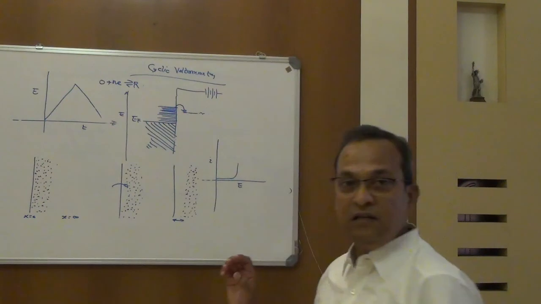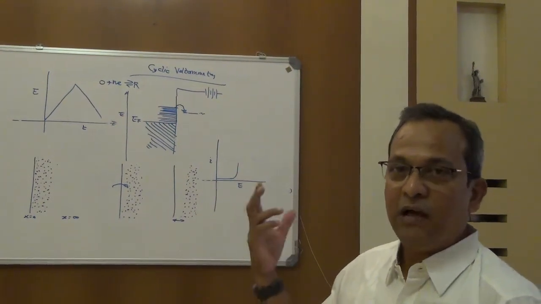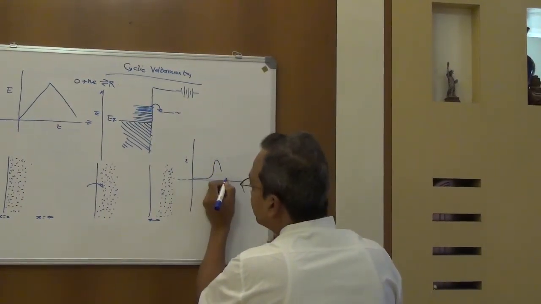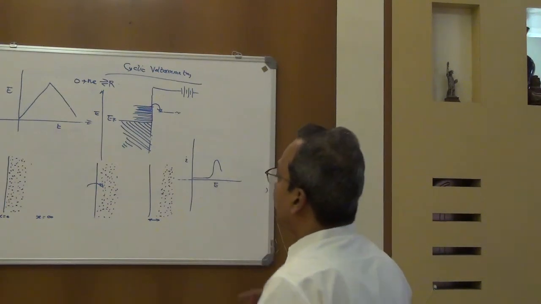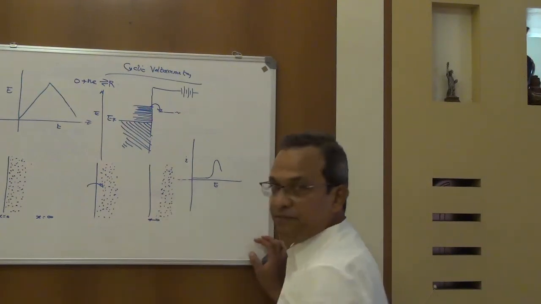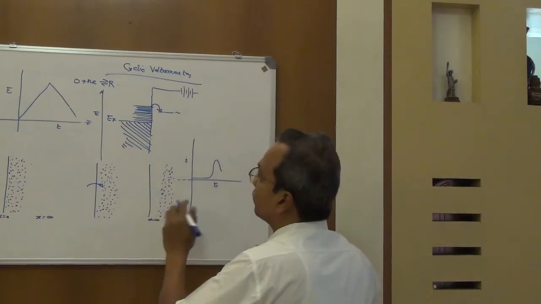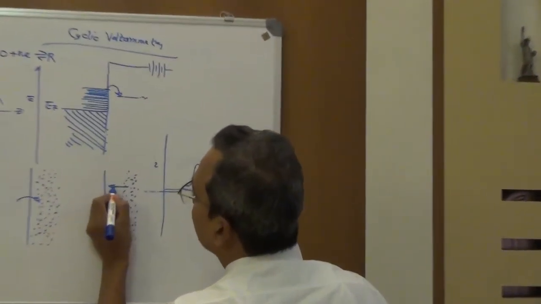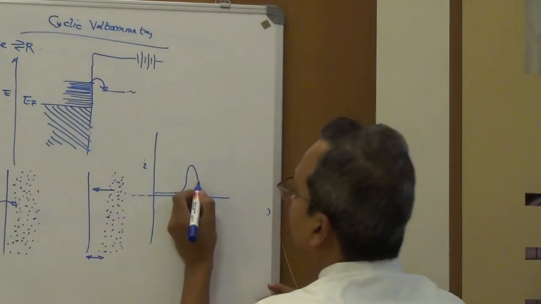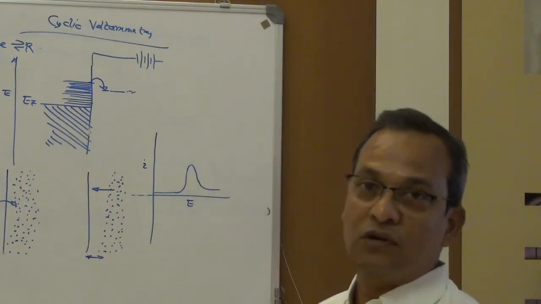Okay, and what will happen then? At that point, since there is no O to accept the electron, the current will start decreasing. But will it come to 0? The answer is no. Why? Because a concentration gradient will be created across the electrode and electrolyte. This is the higher concentration, this is the low concentration, so O will start diffusing from the bulk to the electrode surface. The reaction becomes diffusion controlled, and instead of coming to 0, the current will settle somewhere here, and this current is the diffusion-controlled current.